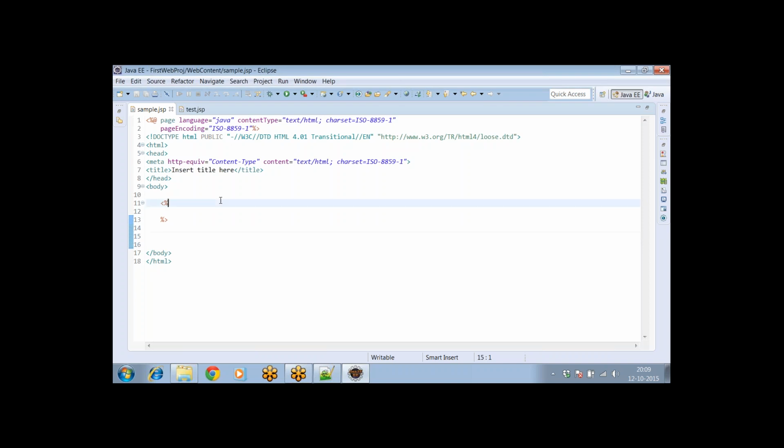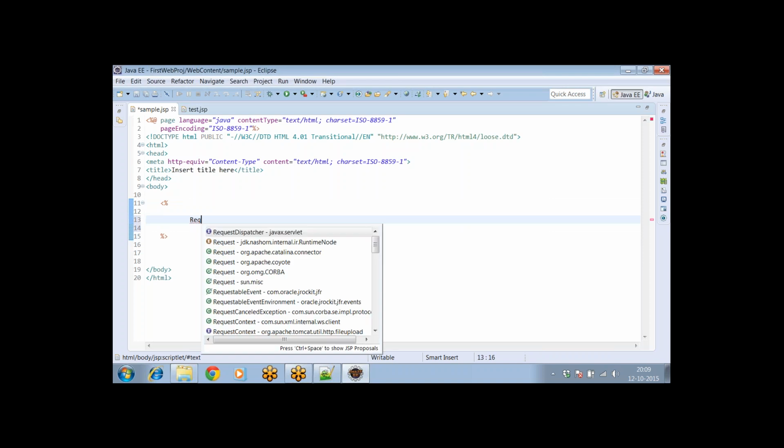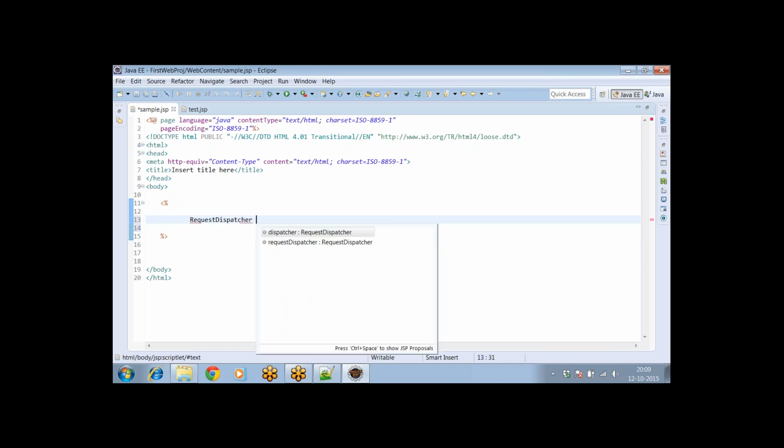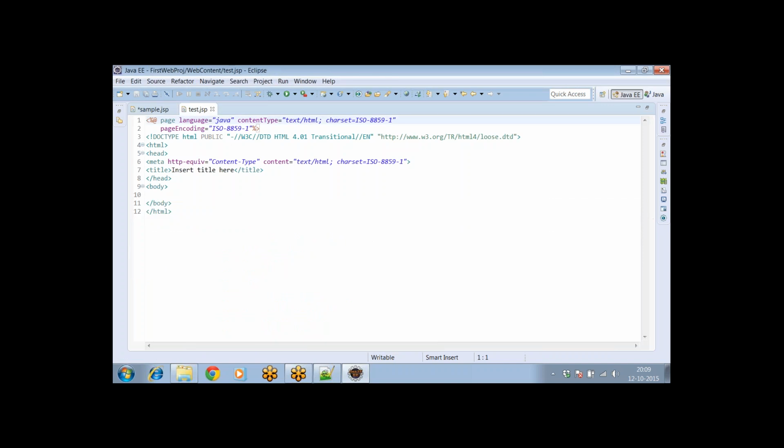So we can use that request dispatcher forward method here. You see now this sample JSP, if it wants to call another JSP, we got a test JSP here. I'll do this. Align equal to center, test page. I'll just display this message. So when I want sample JSP to call test JSP,